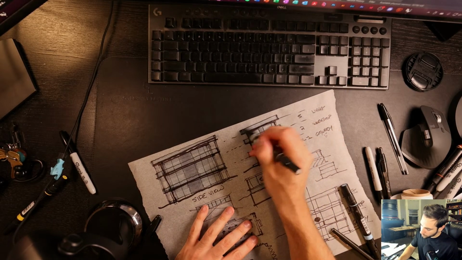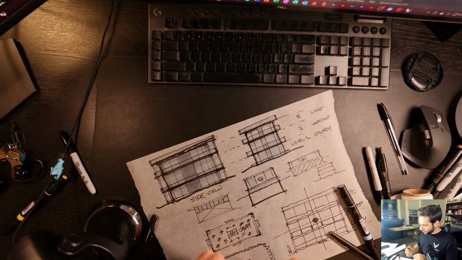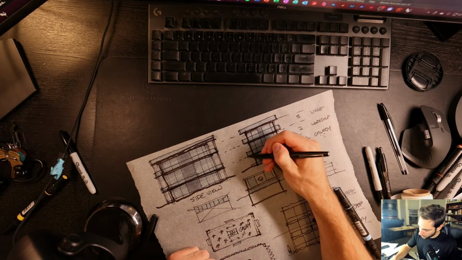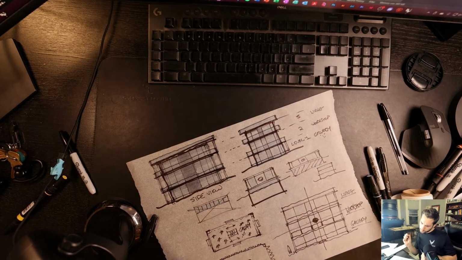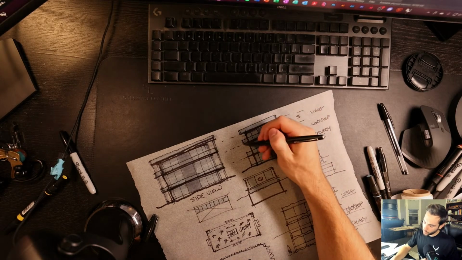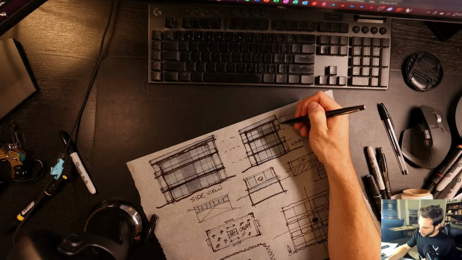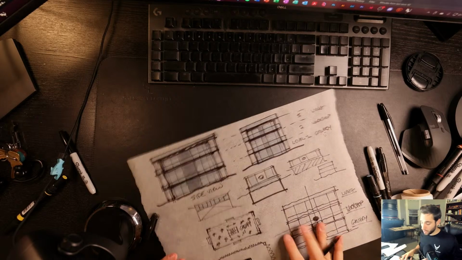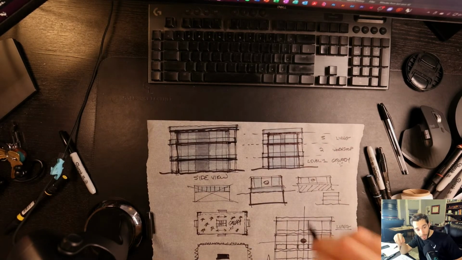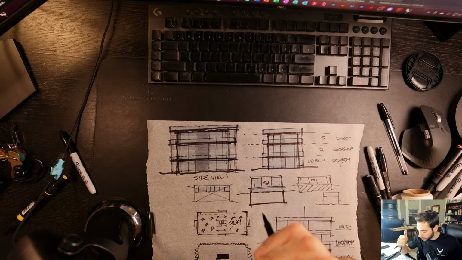I don't know about the columns. Maybe on the bottom. I kind of like it open. All right. I'm going to try this design. I like it. I think this is going to be good.